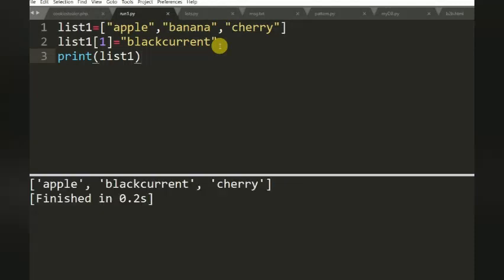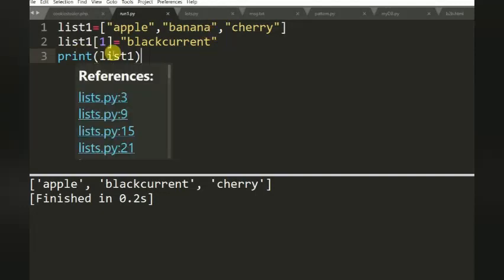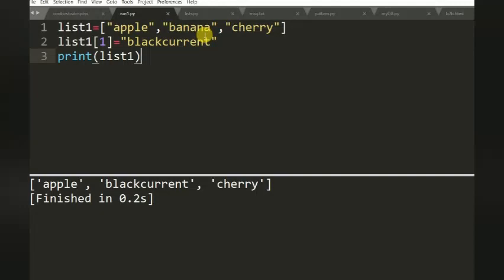So here banana is 1. Here I write list1[1] equals blackcurrant. So the banana value was updated to blackcurrant. The output is apple, blackcurrant and cherry. The list was updated.